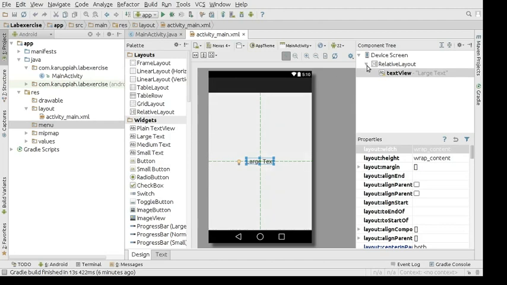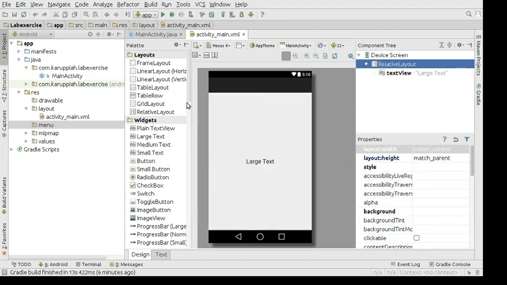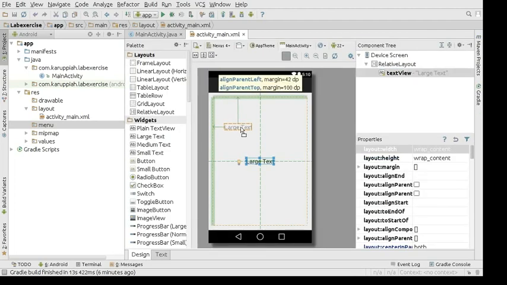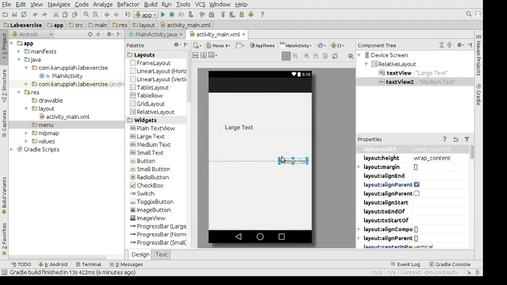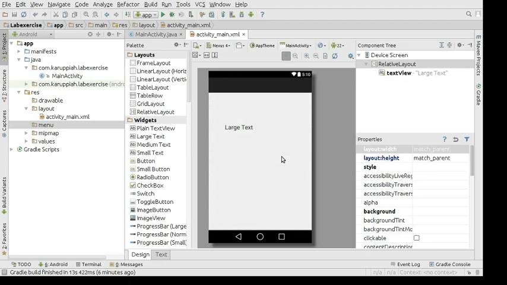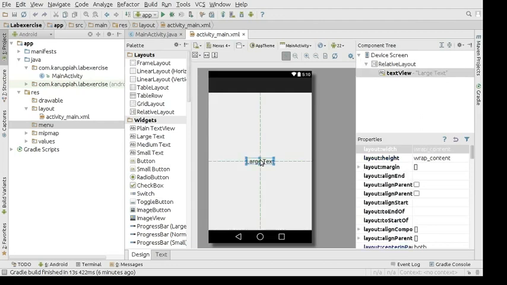And we have a relative layout. There are different types of layouts, I forgot to mention that. A relative layout is a layout where you can keep your items anywhere in the screen. But if it's a linear layout, you can keep your items only one by one, starting from the top of the screen. You can keep vertically like this, 1 2 3 4, or like this 1 2 3 4, like that. I don't want to actually show some examples for that. I just want to move on with this.